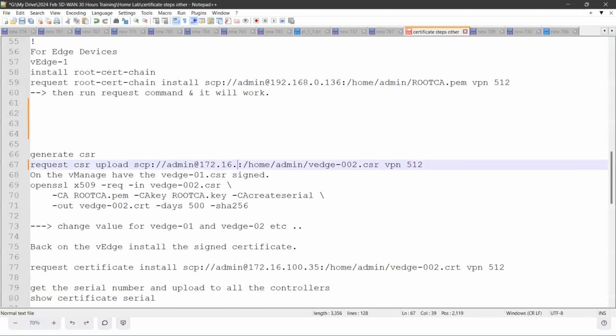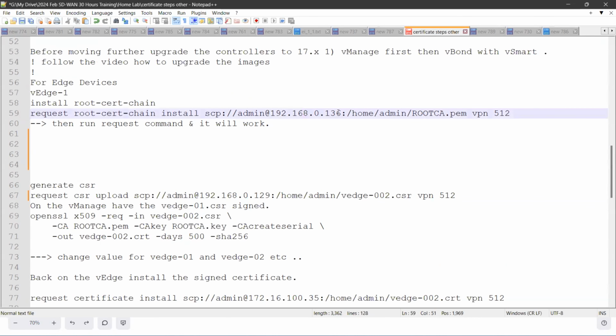What was the IP for that? 192.168.0.129. And request this, right? This command you need. Just 129, that's it. Put this command